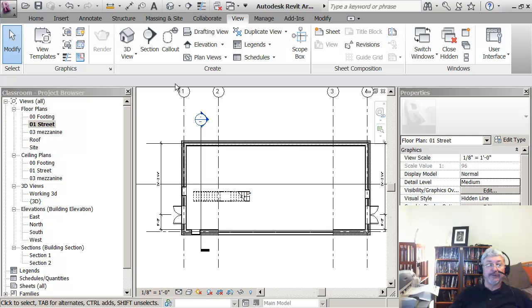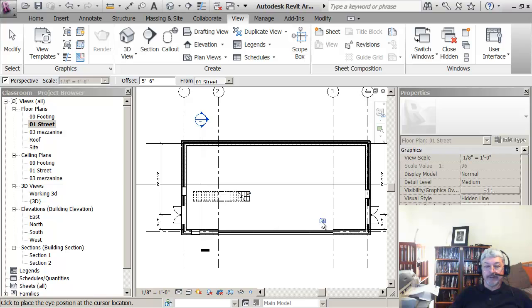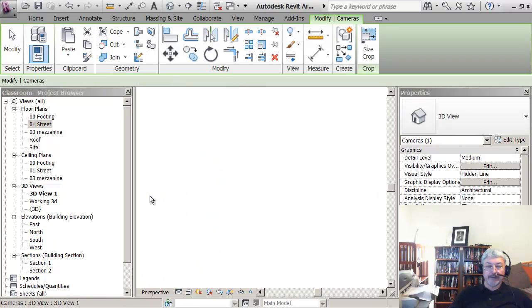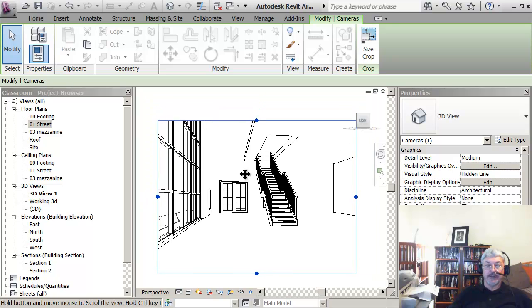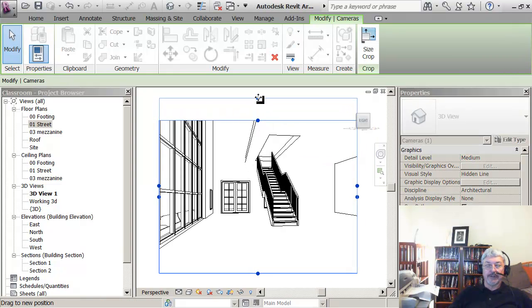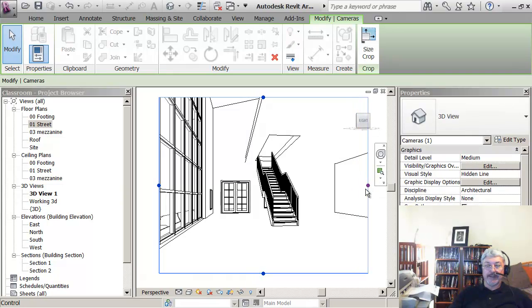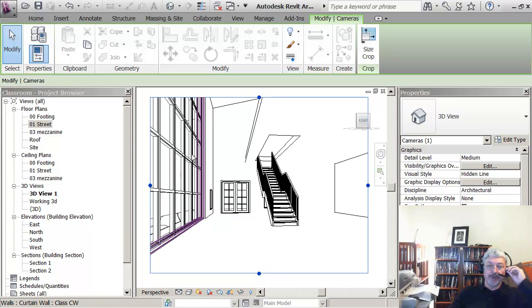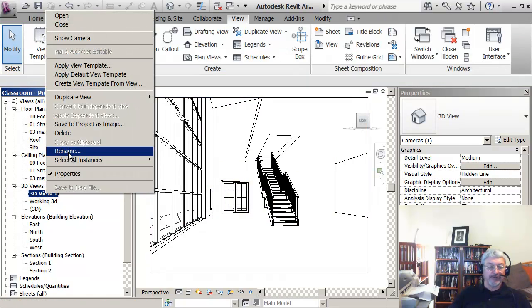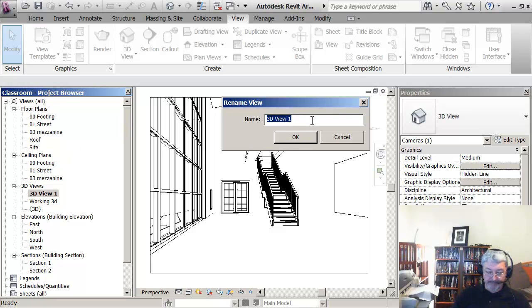So what I'm doing is I'm looking at the street view. I'm going to go to the view tab, and down here I'm going to say place a camera. So I'm going to look in the areas that I'm concerned about here in the building to see exactly what I've got on the inside of my building. When you create those views, you can drag the edges with this circular control group. Well, you don't want to do it too much because it'll warp the perspective. The other thing you might want to do is rename these and give them kind of meaningful names,